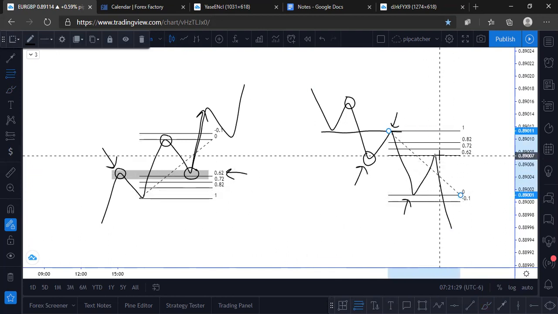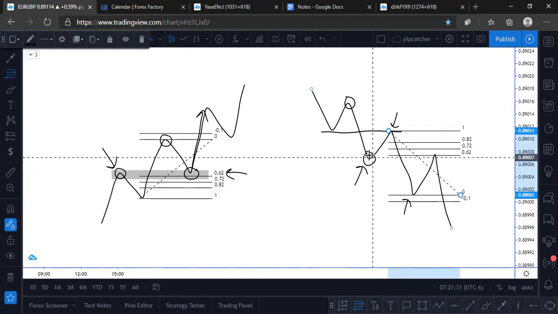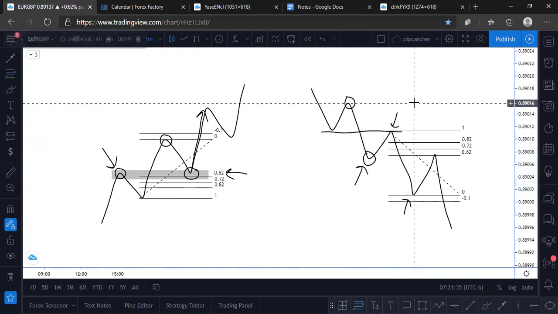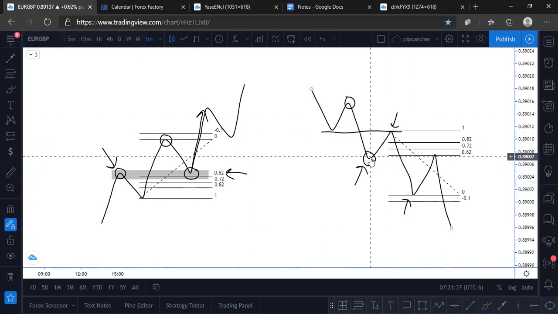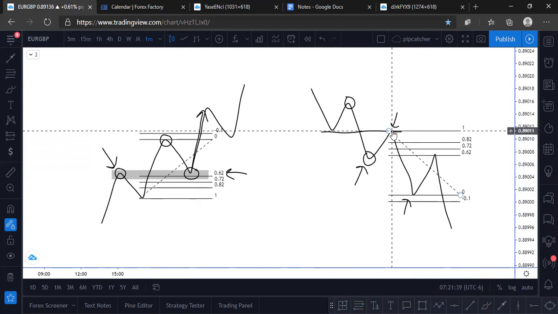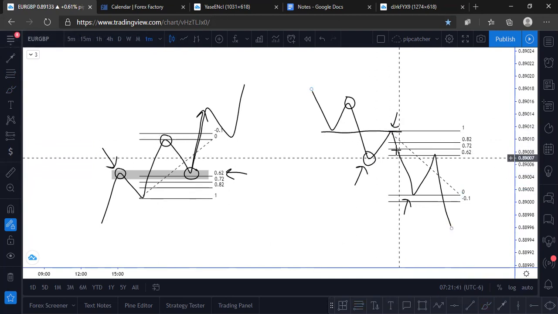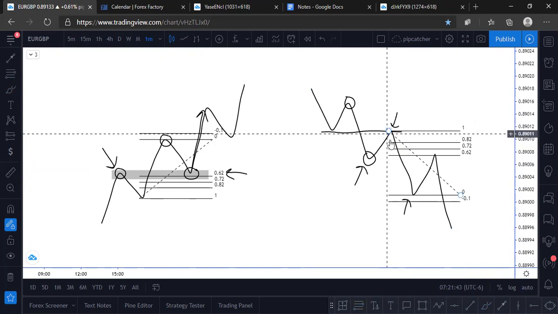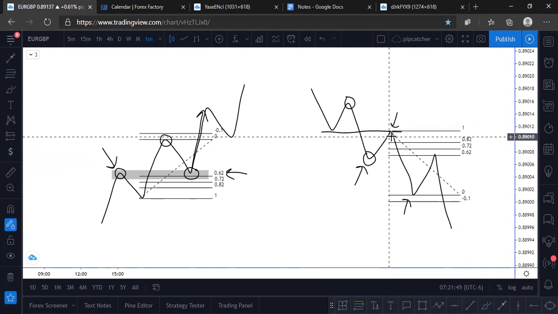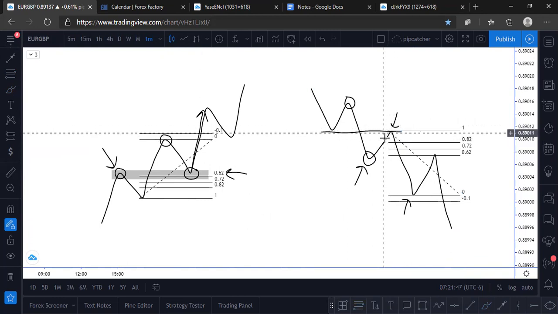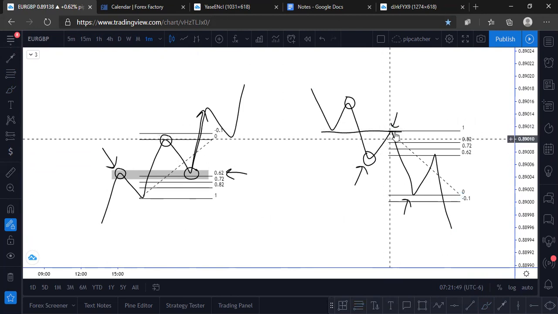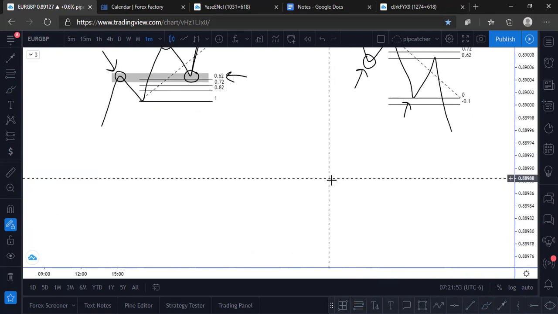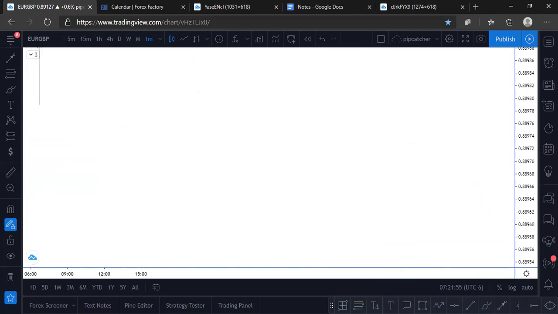Well, price retraces back up into that area of previous structure where structure is broken, or maybe it's not even just this structure. Maybe there's an area in this, or maybe there's a certain thing to look for in this area of price, right? And what I mean by that is,